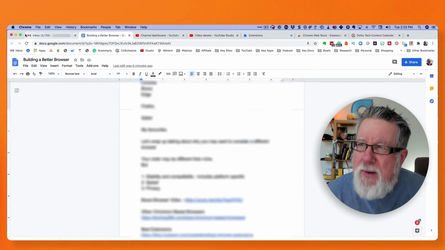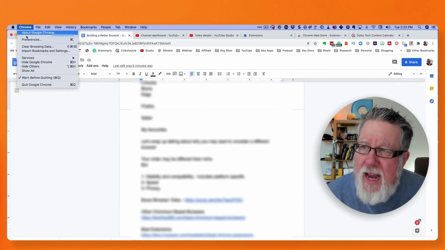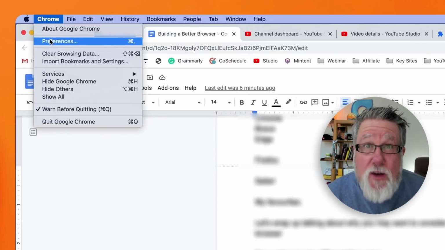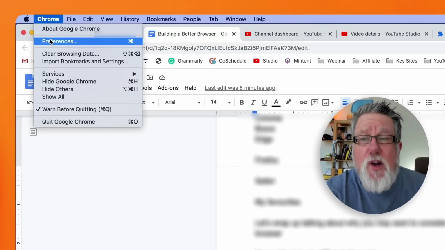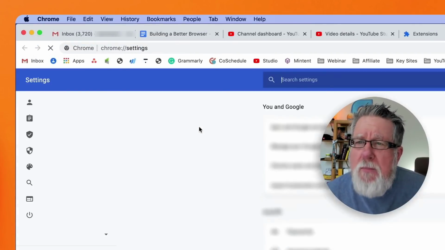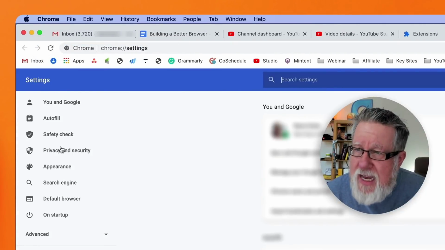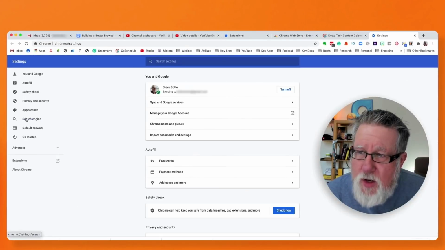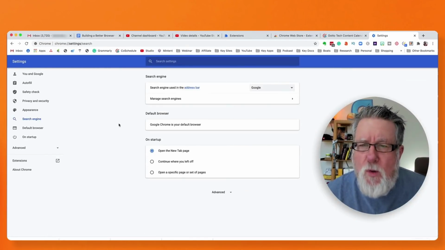And here's where you can customize your browser in ways that let you stay with an existing browser but increase your privacy. Allow me to show you. All the browsers have this capability within them. I'm in Chrome right now. If I do a web search in Chrome, I'm going to go to Google, as you would expect. But if I go into preferences, into my settings, and I choose search engine, watch what Chrome gives me the option to do.